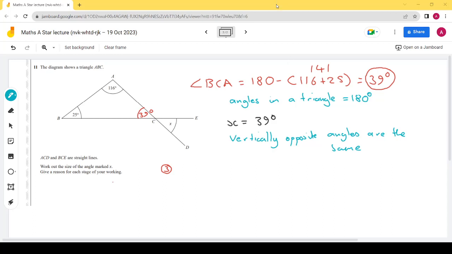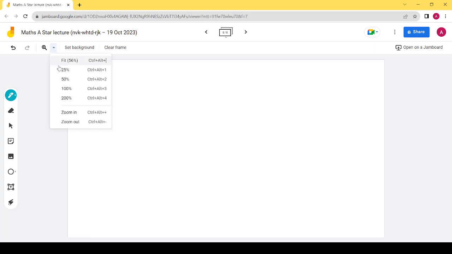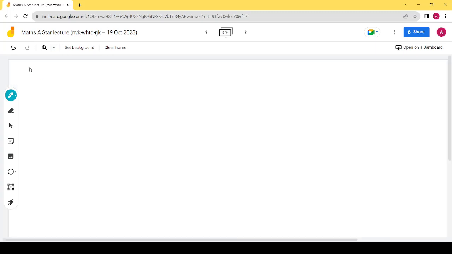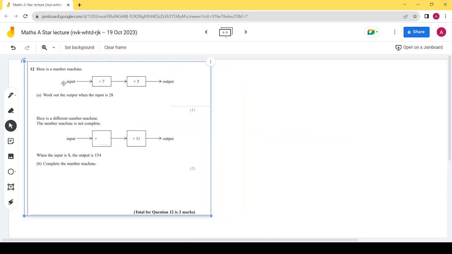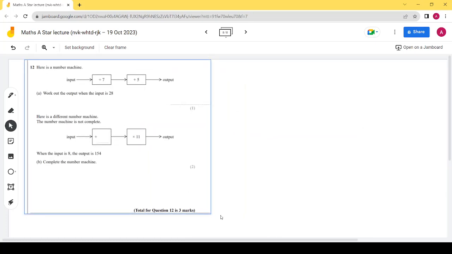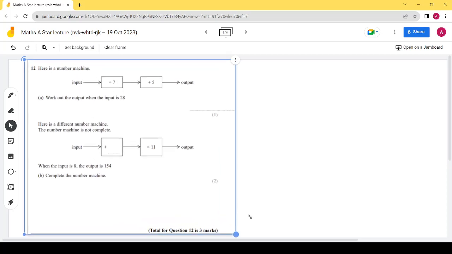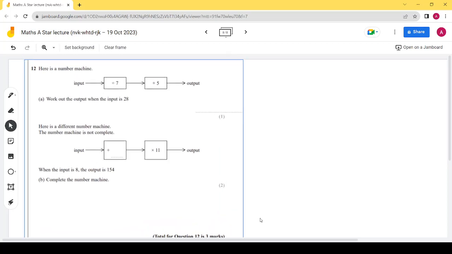So next here, I've got a topic I don't think I've come across in one of these classes for a while, so it's a good one to come up. And these are number machines. Number machines are relatively straightforward as a topic. It's not something you have to learn like crazy, but it's good to be familiar with them. There's a 3-mark question. Basically, how a number machine works is